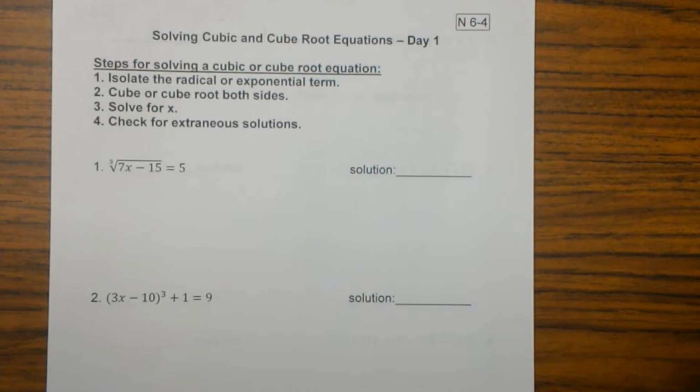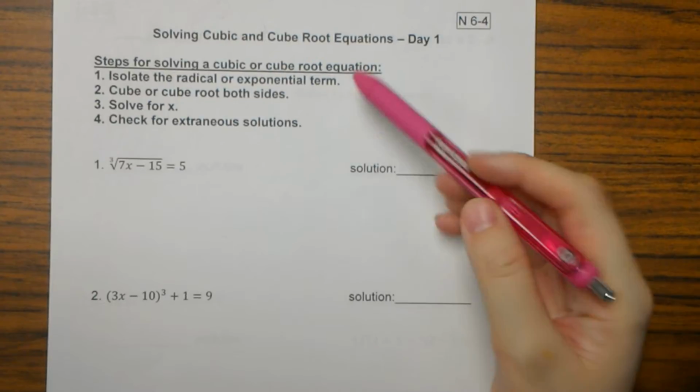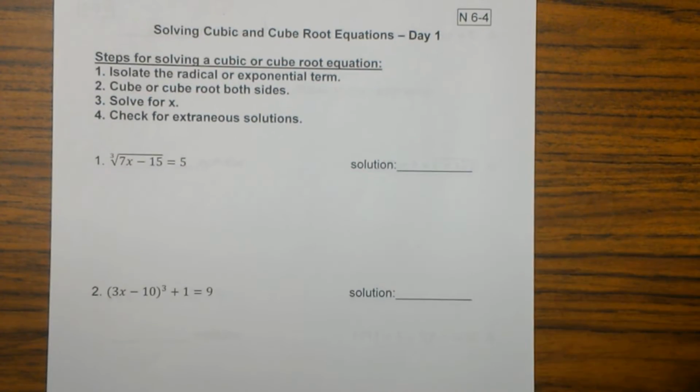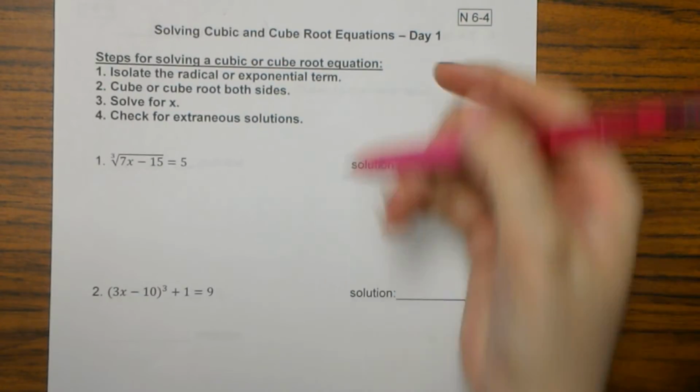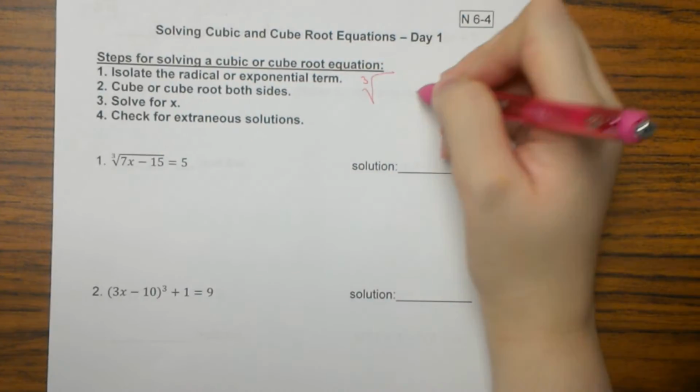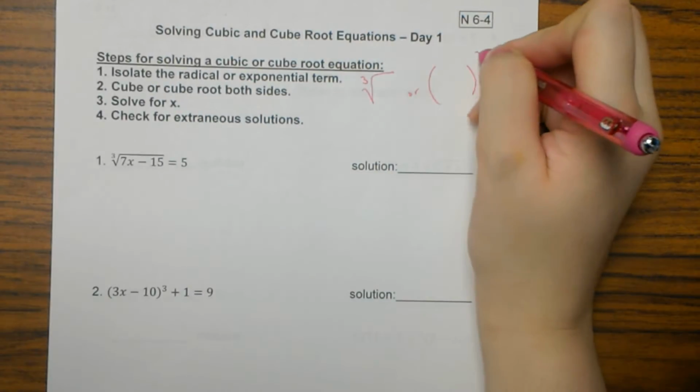Okay, these are notes for 6-4, solving day 1. It goes through some guidelines, some steps for solving. The first thing you want to do is isolate the radical or exponential term, meaning the cube root, or